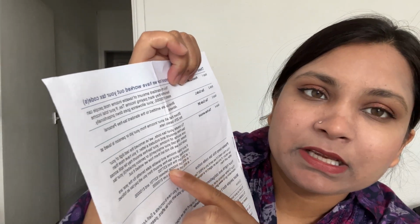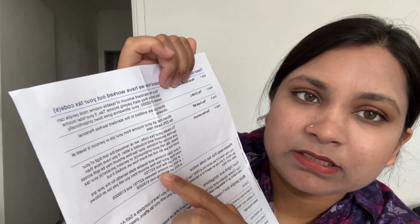If your total income and taxable state benefits for the year are more than your tax-free amount, then you will pay tax as follows: 20% on the first 37,700. See, it says here 20% on the first 37,700, 40% on income between 37,700 and 150,000, and 45% on anything over 150,000. So it gives you all the information about your tax code, and about how much you're paying, and if you are paying